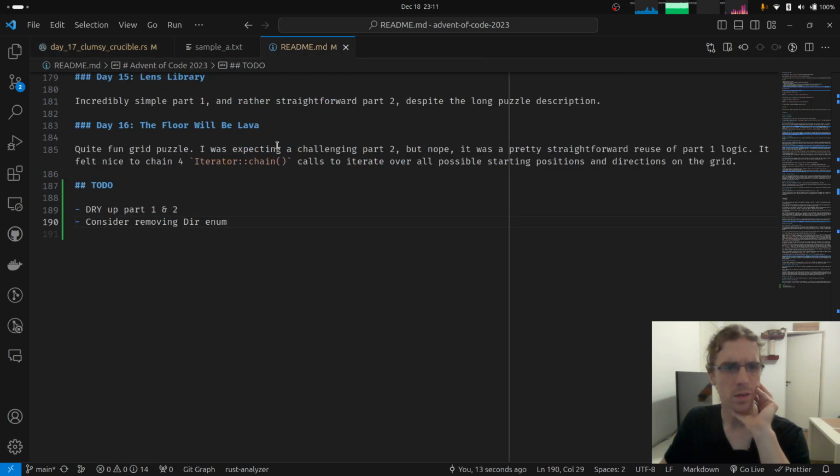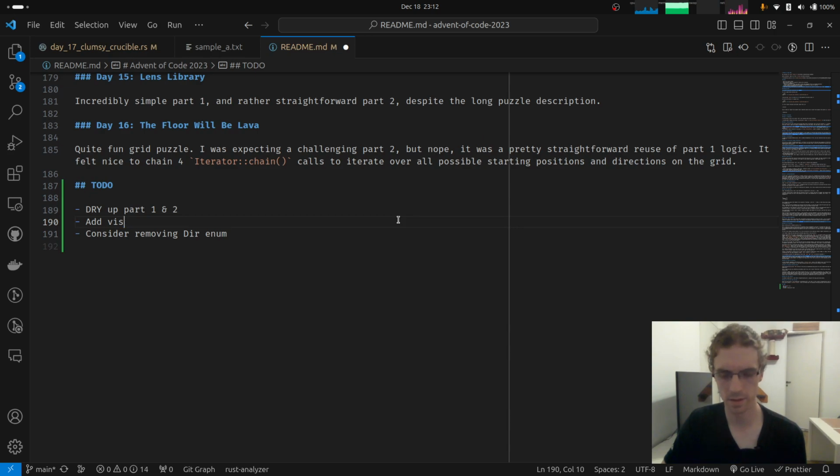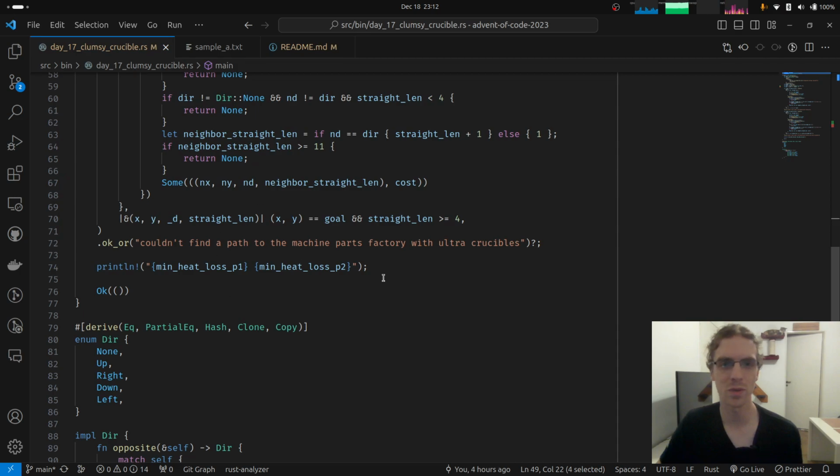One other thing that would be fun is to add a visualization for the maze or for the path. Actually, it's not add, it's bring back, because I coded this while implementing the solution.